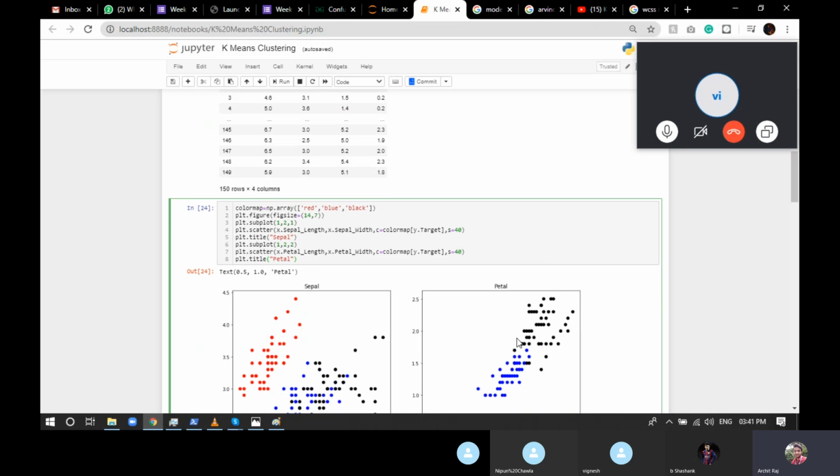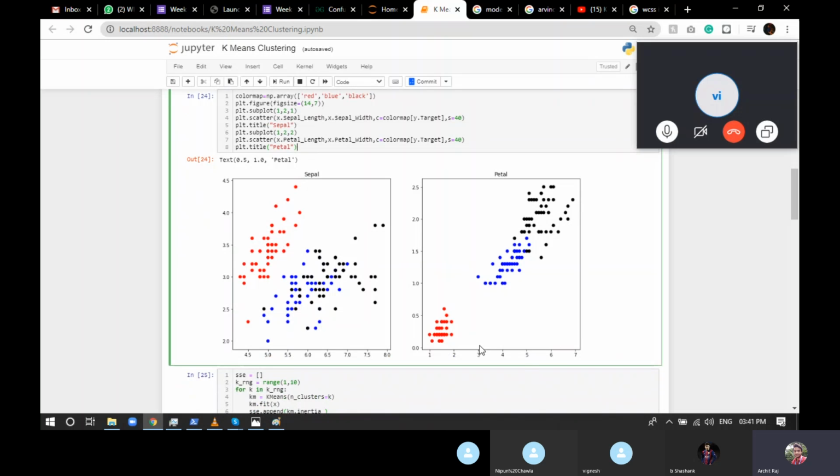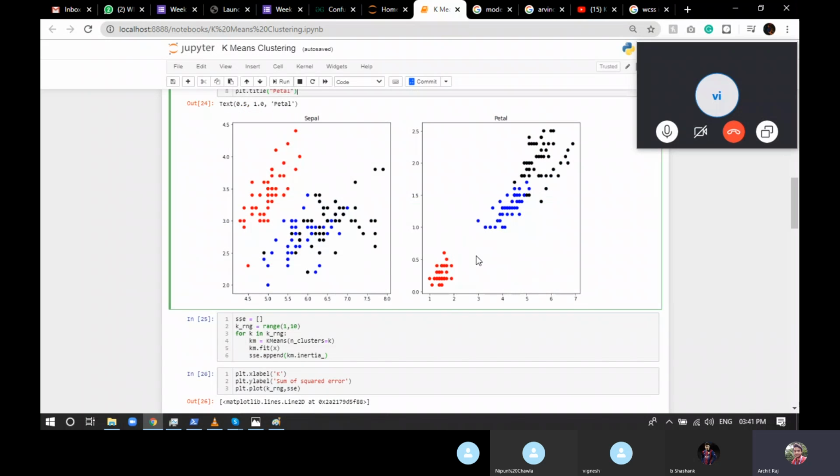Now we'll plot the same graph, but this time it's going to be petal length and petal width. This time it was sepal length and sepal width. Now we can see that if we are plotting petal length versus petal width, the clustering is way more clear. You can see this is one kind of flower, this is the second kind of flower, and this is the third kind of flower.